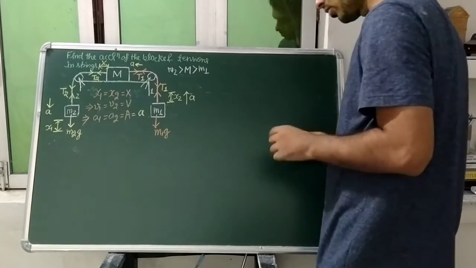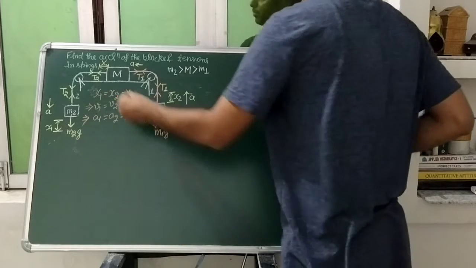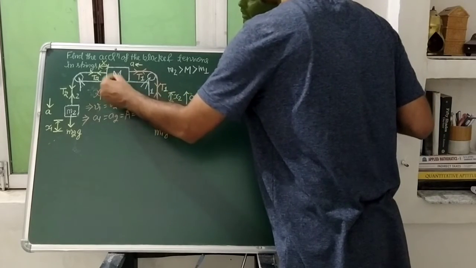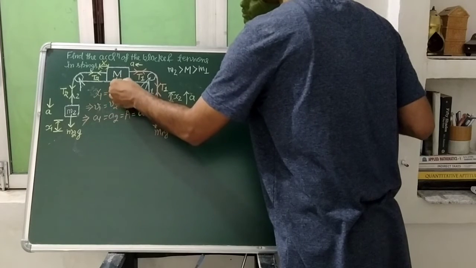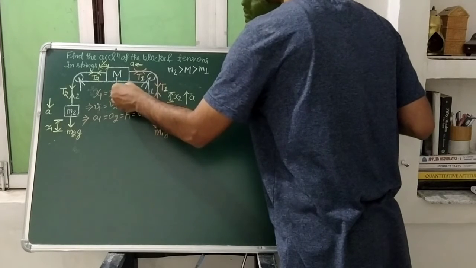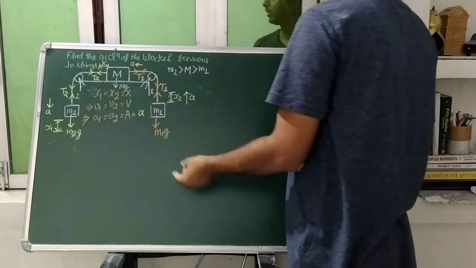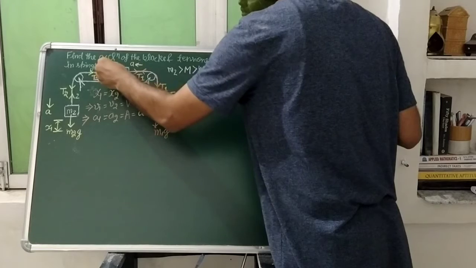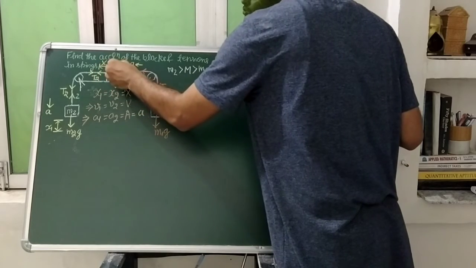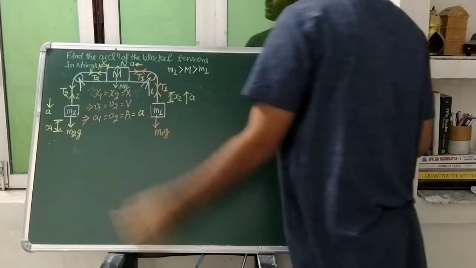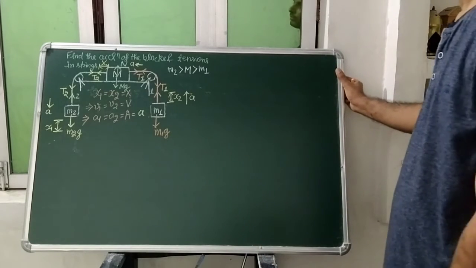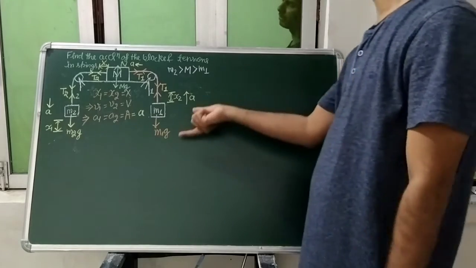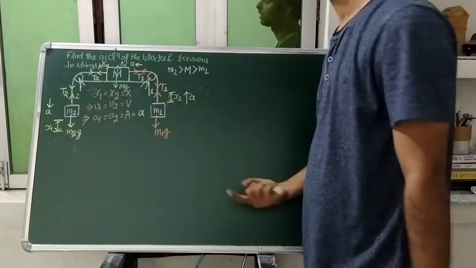And of course, students, if you draw the free body diagram of this capital M, the force due to gravity, capital Mg, is going to act in the downward direction, and since contact is present with the surface, a normal force will act, which we are calling capital N. So these will be the free body diagrams and tensions in the strings.